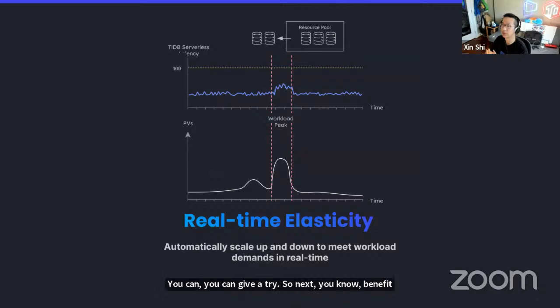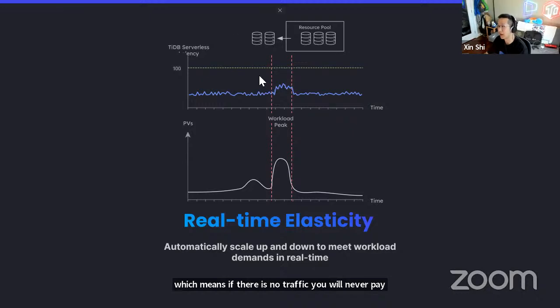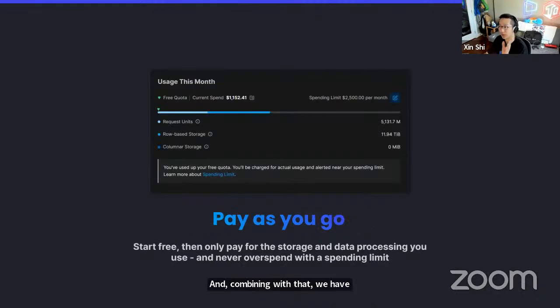benefit you will get is about the elasticity. So that's the core spirit of the serverless. So TiDB itself is a distributed SQL database. It's a distributed relational database. Our slogan is SQL at scale. And TiDB Serverless is the next level thing that helps you get out of the capacity planning. It automatically scales up and automatically meets your workload demands in just 100 milliseconds, which is quite near real time. And then it can scale down to 0, which means if there is no traffic, you never pay for the idle time. And combining with that, we have our very flexible pricing model